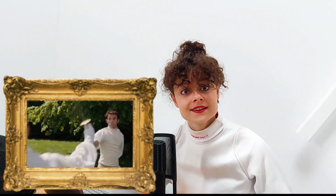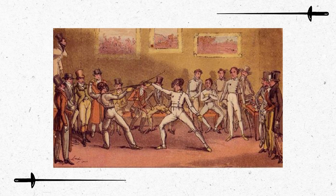Don't do that. And you might think this is a completely different time. Maybe they didn't have masks yet. But actually, masks became rather popular in the 18th century. Although the old style of fencing was still being used, where they didn't use fencing masks. And that was a method where people would fight like this,